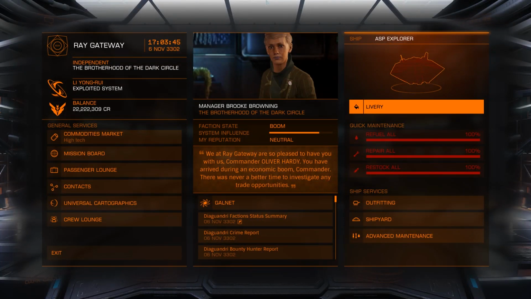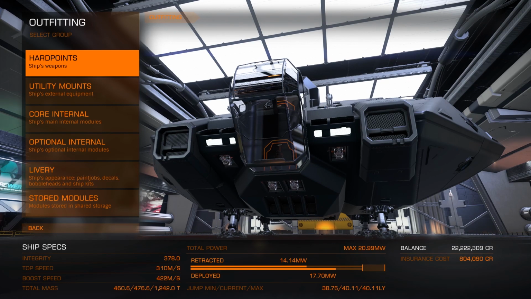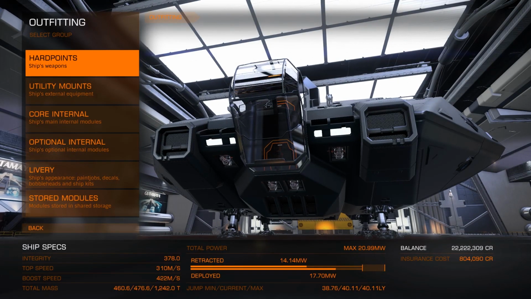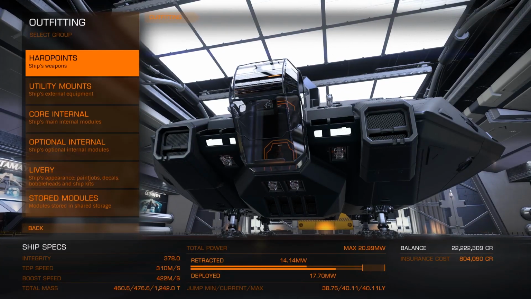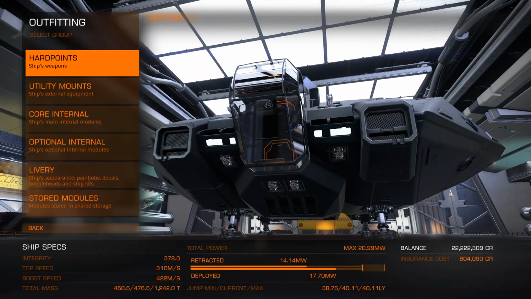Right, here we are then in Diaguandri at Ray Gateway, and I'm going to now go to outfit the ship for exploration mode. Now then, here's the thing. The modifications I've just made to the frameshift drive, the power plant and the thrusters are all well and good. But the power plant and the thrusters I will be taking off, at least temporarily. Now the jump range down there says 40.11,